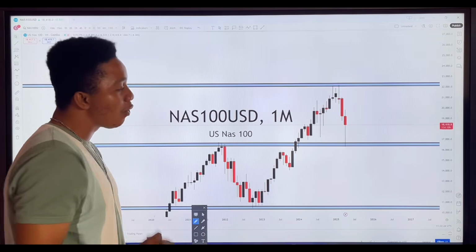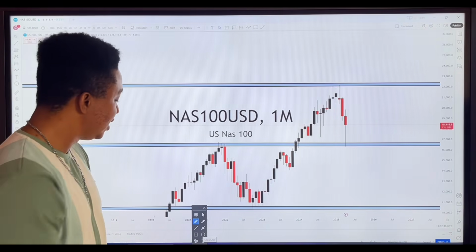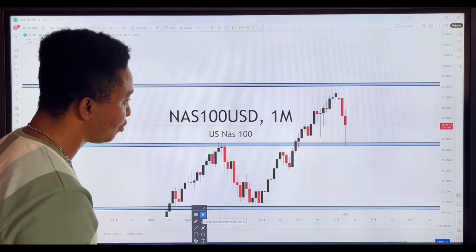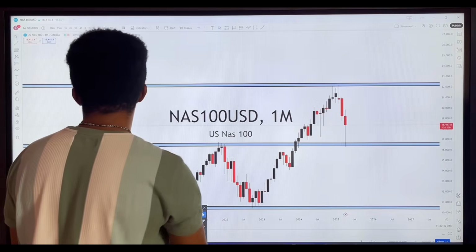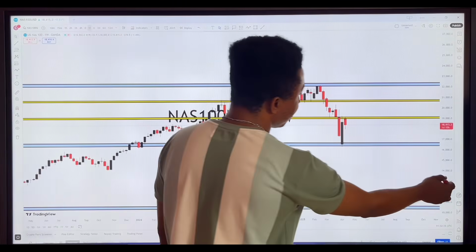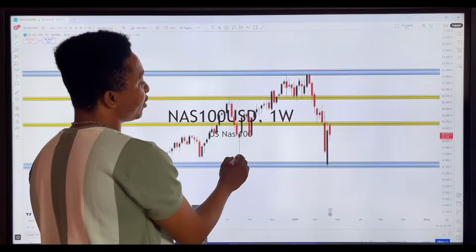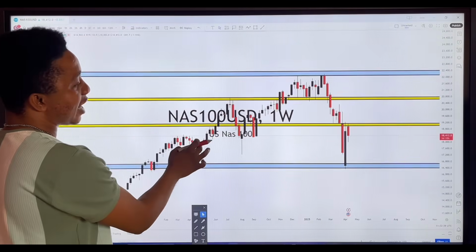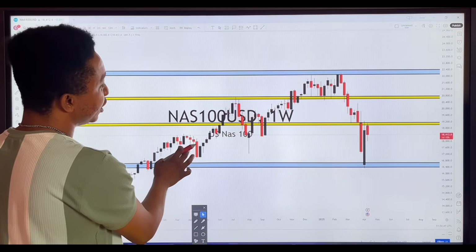Now the question is, how are we going to be able to pick our buys on the monthly? Let's take it all the way down to the weekly time frame to have a closer look at this pair. Okay, so this is also the weekly time frame of Nasdaq. Now, on the weekly time frame, let's take our time and also put meaning into the structure that we